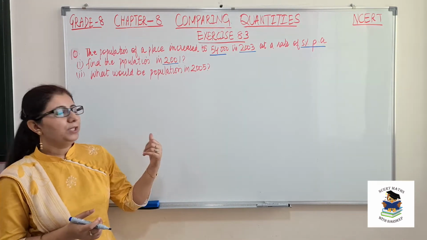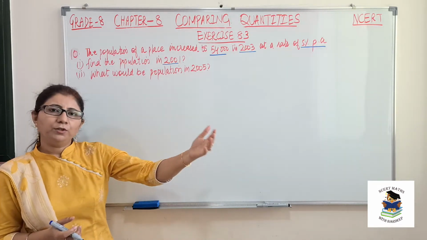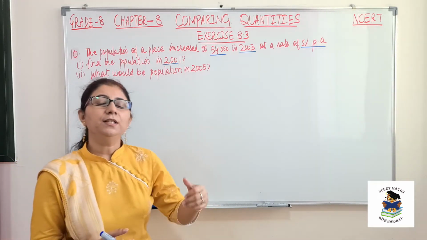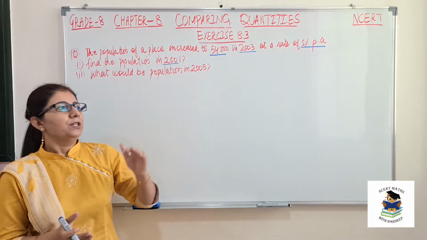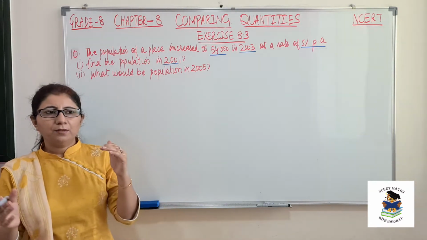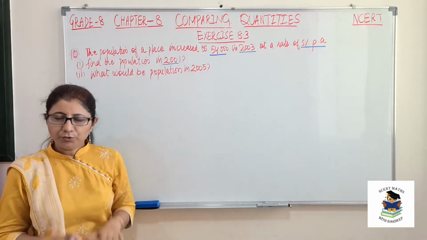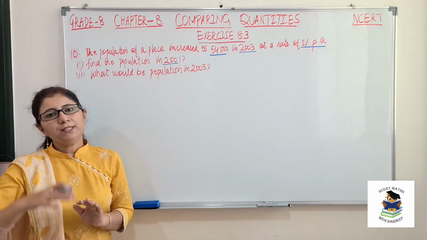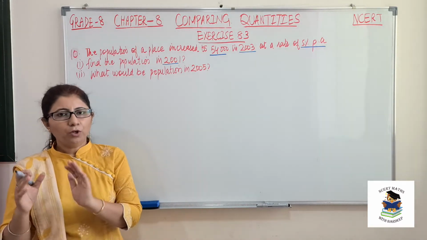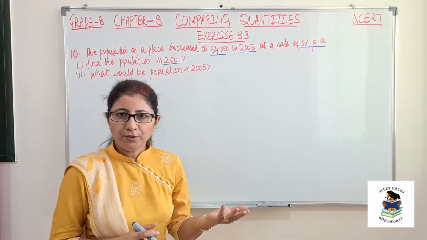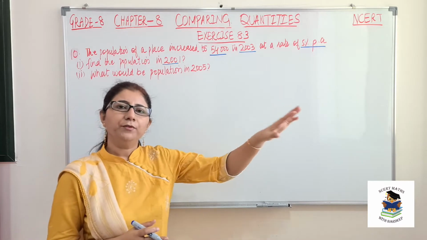Suppose this population is increased from one year to another year, or after 10 years I want to calculate the population of some particular city. In that case also I will use the formula of compound interest. In the same way, if I have some property, like a land, and I have invested money today and I want to know what is the price of that same plot after 10 years, that price will also increase in a compound interest manner, and I will use the same formula to calculate the worth of that property after 10 years.